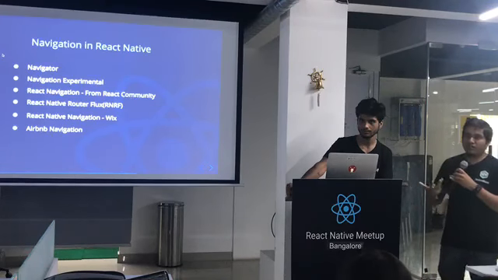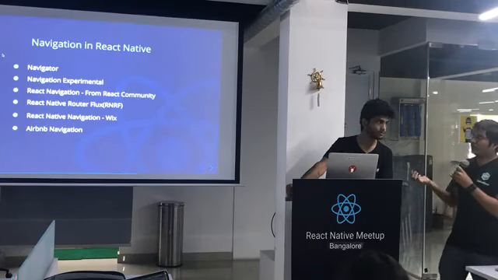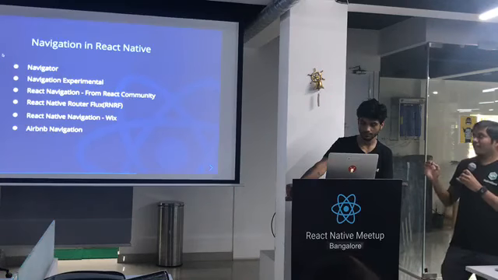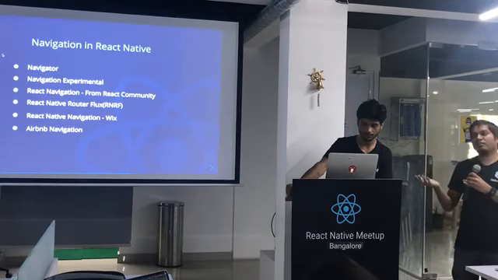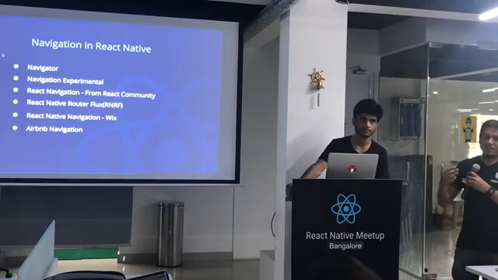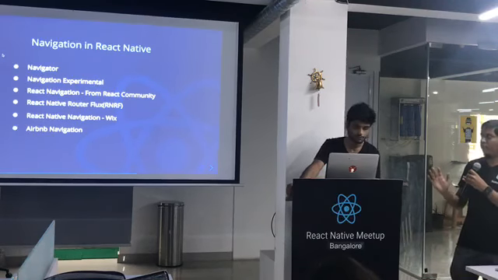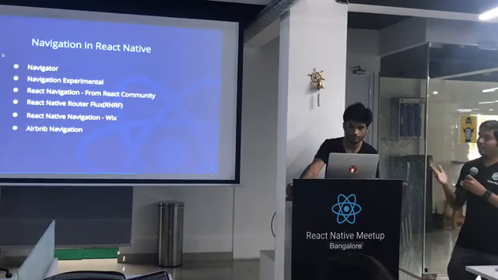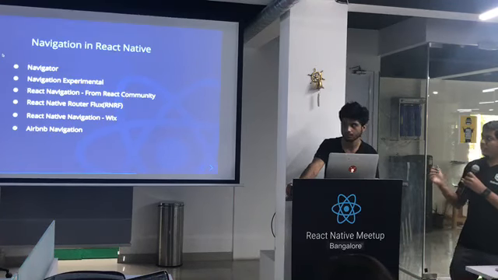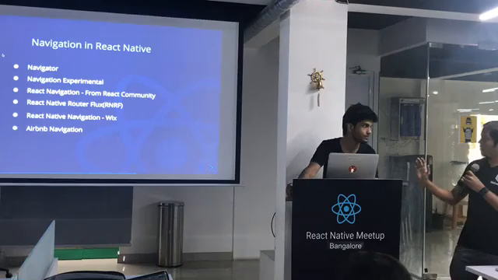Since we come from an Angular background, we were very comfortable with React Native Router Flux. Recently, they have announced React Navigation, and now Facebook is embracing that in their official documentation. So we hope that we now have a standard solution for navigation, that is React Navigation. I think we'll be showing a couple of things from that.